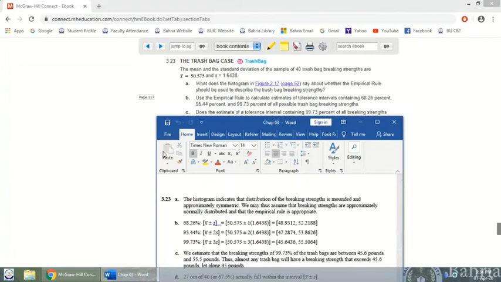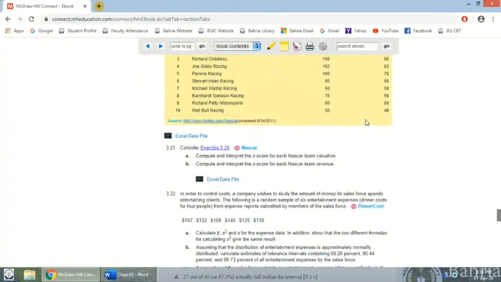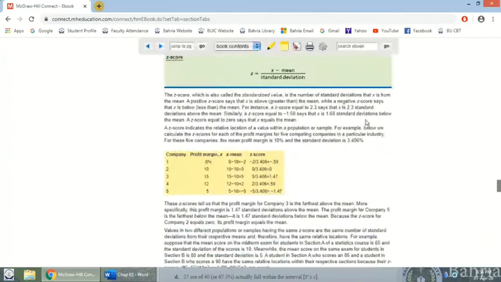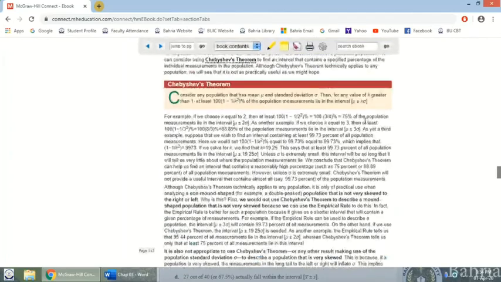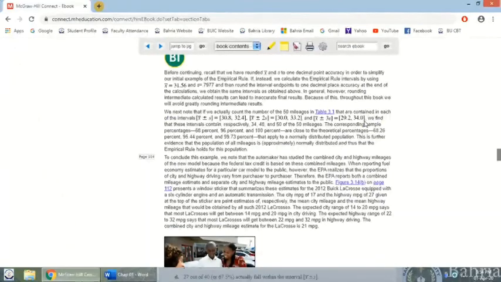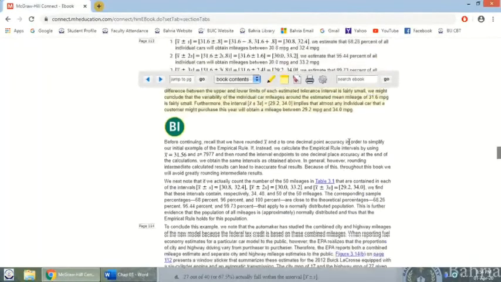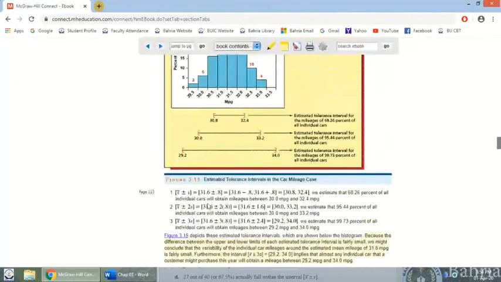So now the B part says to use the empirical rule to calculate estimates of tolerance intervals, covering 68.26%, 95.44%, and 99.7%. So first of all, let me take you to those values where we started this, 68.26. So where we did all the, this is for instance